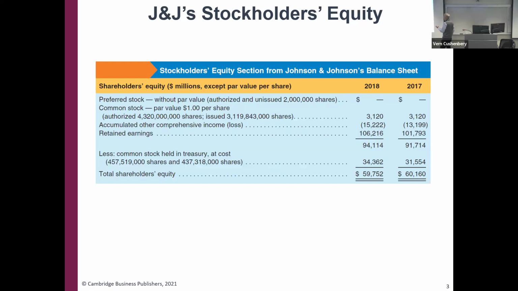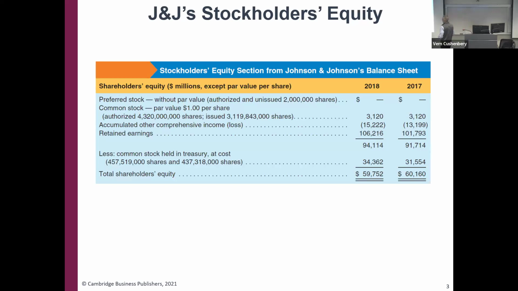So in this instance, we're looking at Johnson & Johnson's balance sheet. When you all go find the balance sheets for whatever companies you're working on this semester, you're going to see something like this. And equity is never as simple as just equity. When you think about stocks that trade on the New York Stock Exchange, that's common equity. And when you look at a balance sheet, it's never so simple as just seeing common equity. You always see 33 different flavors of equity.